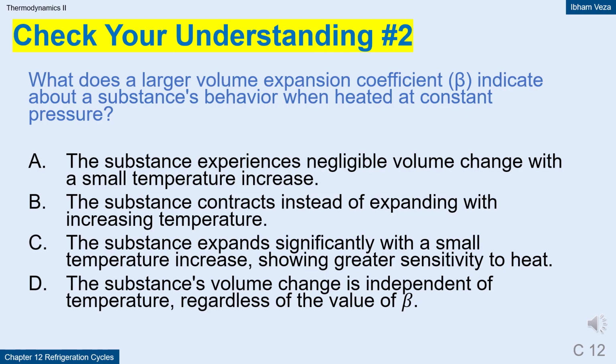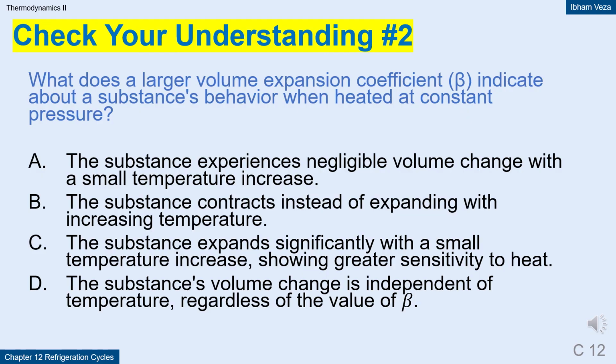This is incorrect because a large beta indicates a significant volume change, not a negligible one, with small temperature increases. B. The substance contracts instead of expanding with increasing temperature. This is incorrect because a positive beta always corresponds to expansion, not contraction, with an increase in temperature. D. The substance's volume change is independent of temperature, regardless of the value of beta. This is incorrect, as beta directly relates to how volume changes with temperature, making it a crucial factor in determining